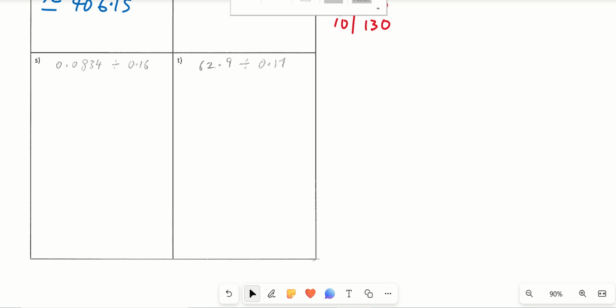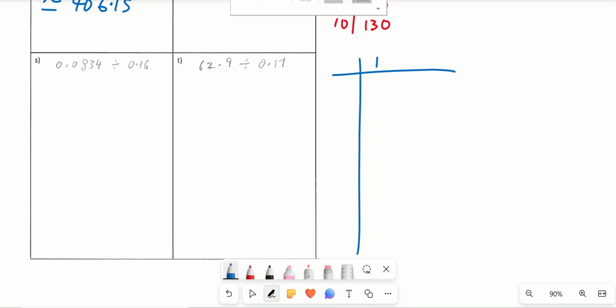And that's 62.9 divided by 17. First of all, we create a 17 times table. We've got there 17. 1, 2, 3. So 1 times 17 is 17. 2 times 17 is 34. 3 times 17 is 51. 4 times 17 is 68. 5